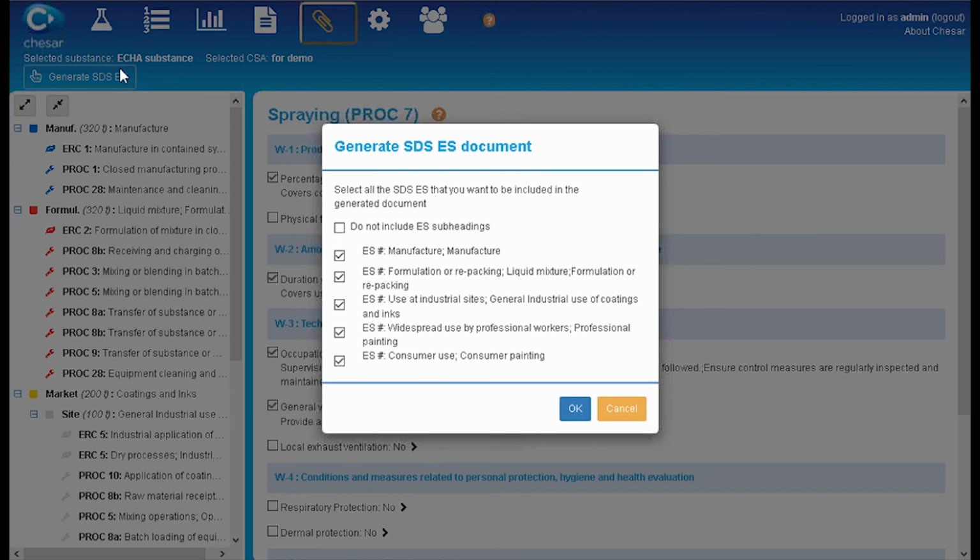You just click the generate exposure scenario. In Chesar, it's called, to make it shorter, SDS-ES. The only thing you have to decide is whether you want to include all your exposure scenario in it. That's the first choice. The second is whether you want to include the exposure scenario subheading, meaning that in section 2 on the conditions of use, whether you want to see the various exposure scenario subheading or whether you want to make it shorter,